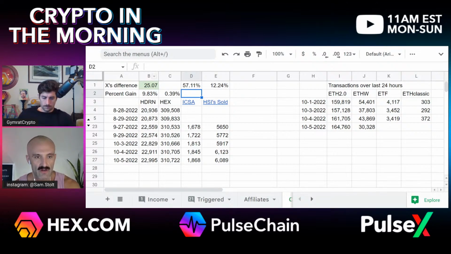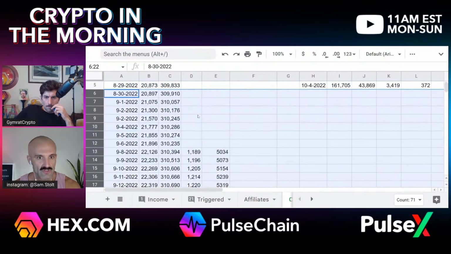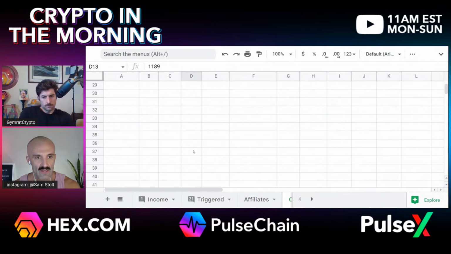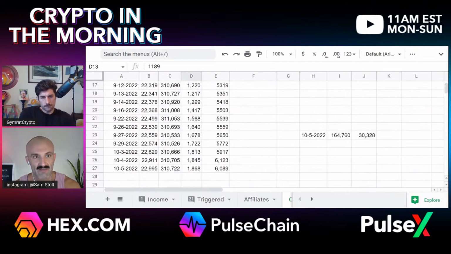If you open up the chart, what do you think is going to happen if something's growing at 57x in like a relatively short period of time? I started tracking it on this date, on the 8th, so it's been about a month, and you have a 57% increase in the number of users. How do you think that plays out in terms of price? You tell me. How do you think this is going to play out if you have growth that is accelerating, or growth around 50% per month? How do you think the price performance is going to be? I don't know.